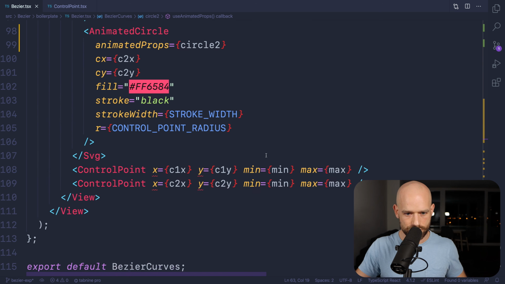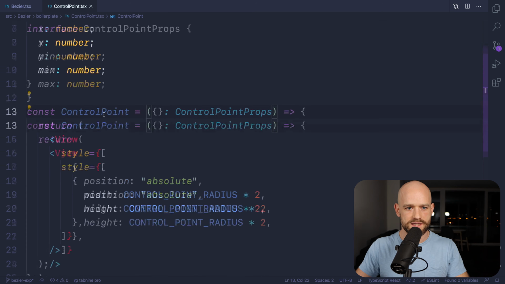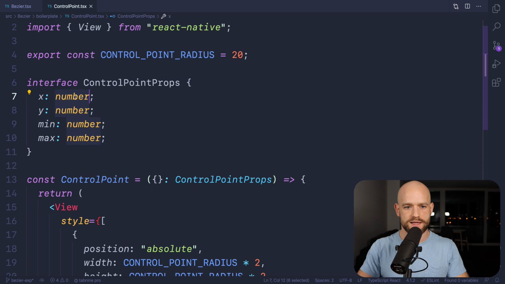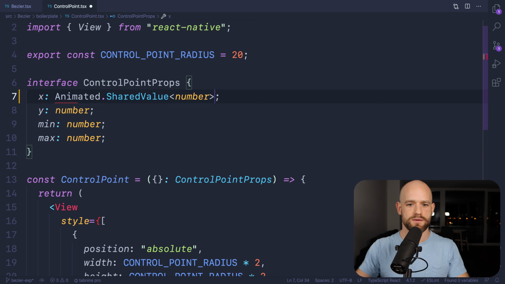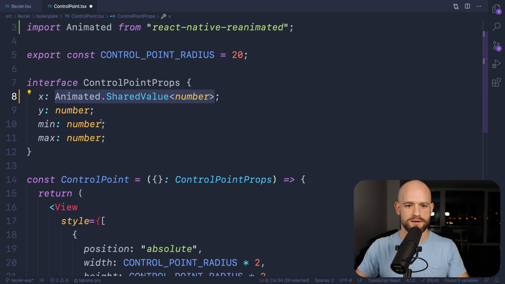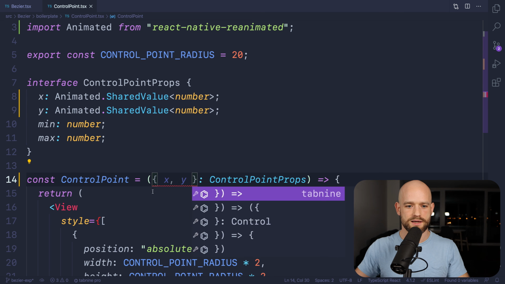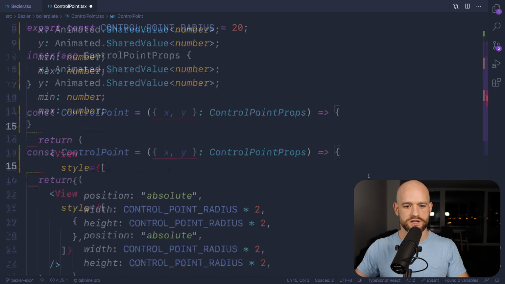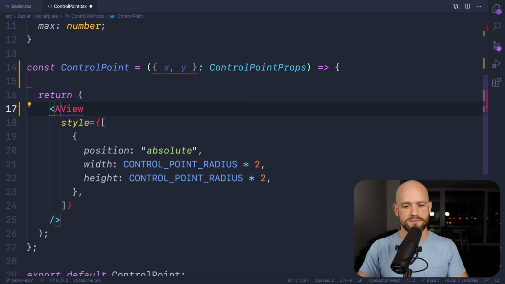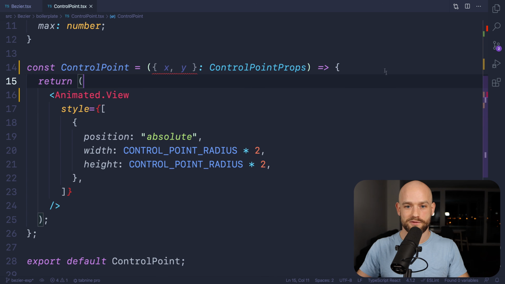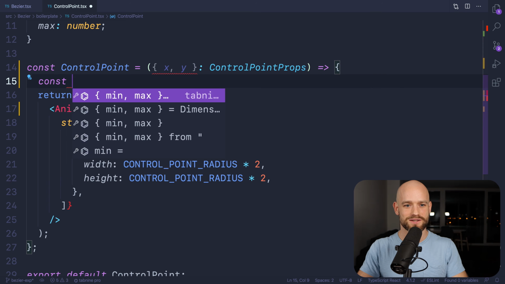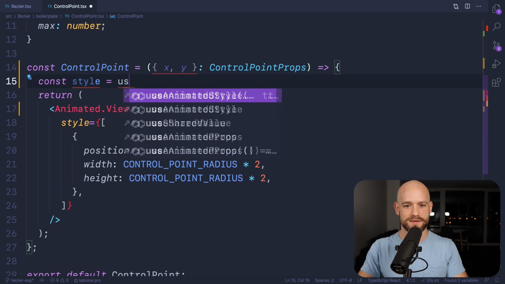Now let's go to the control point component, because these are not number anymore, but animated shared values as well. And we can use it to display their position. So this becomes an animated view. And then we can start with the fun part finally. So let me just create a style. Use animated style,